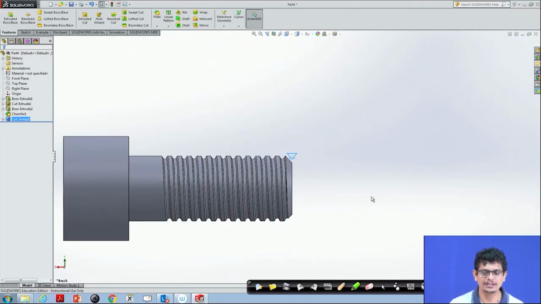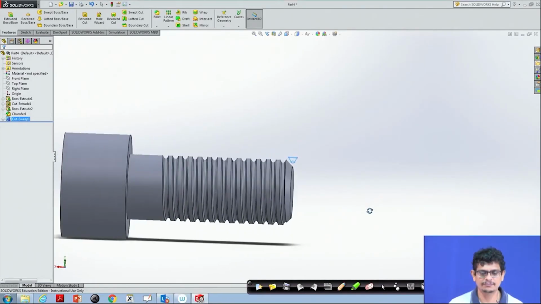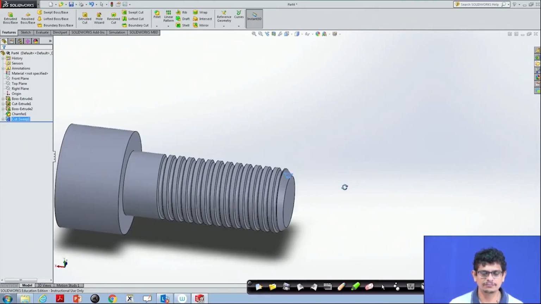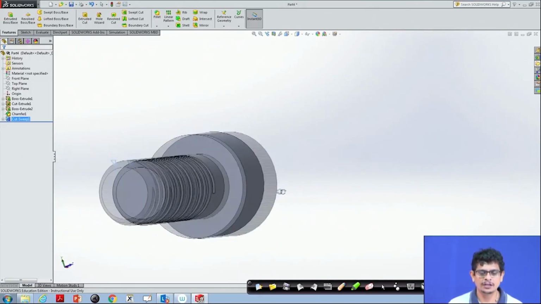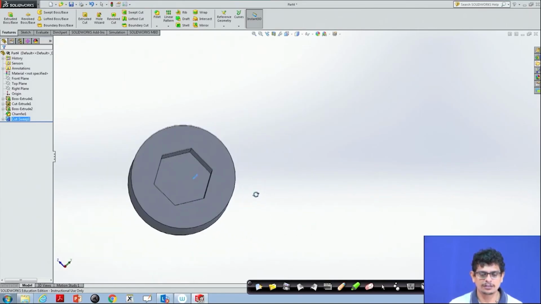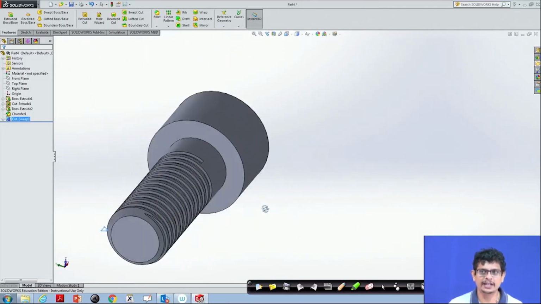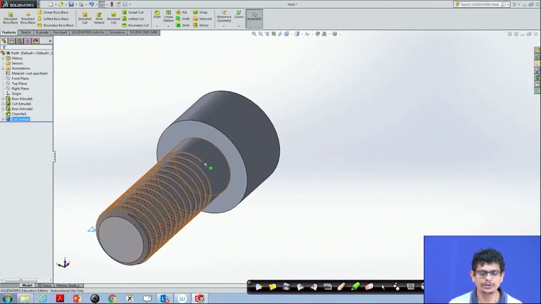Then you will have a thread in this way. There are other aspects like aesthetic aspects we always have, how to really smoothen this portion,